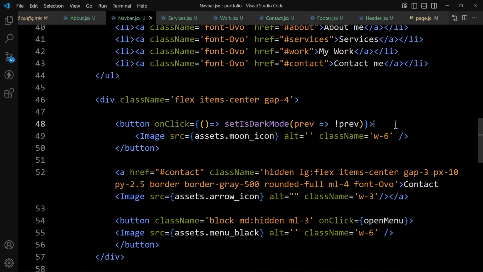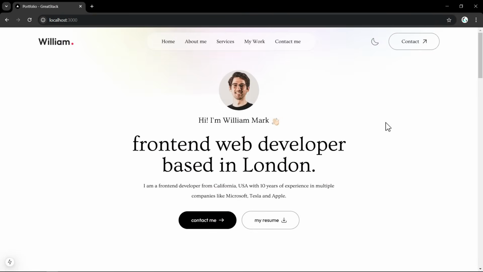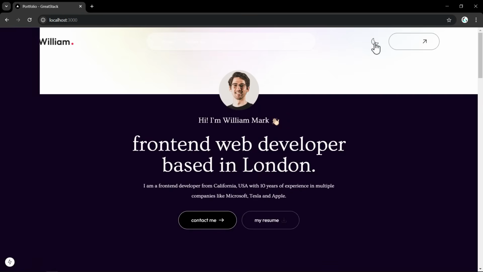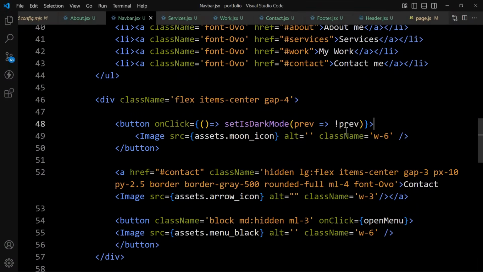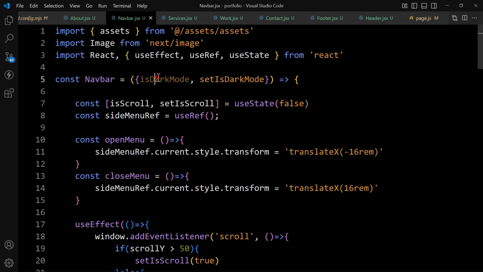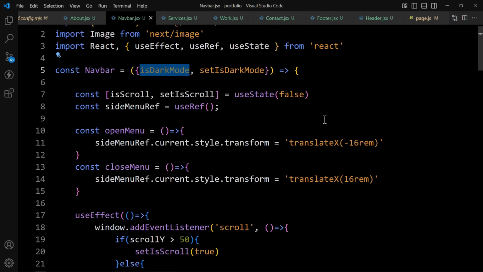If I save the changes and come back to the web page, click on this moon icon, you can see the page turns into dark mode, and if I click again, it becomes light. Now we have to update the icon also. So here you can see we have this moon icon. So we have to get this state variable, that is dark mode. We will use this one here